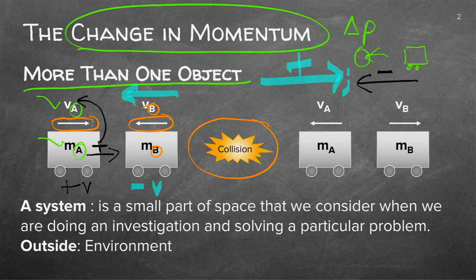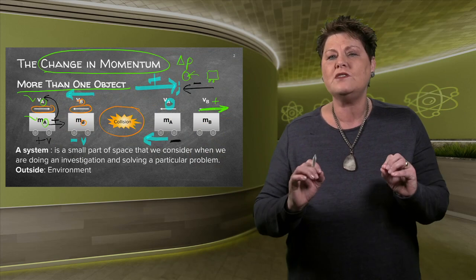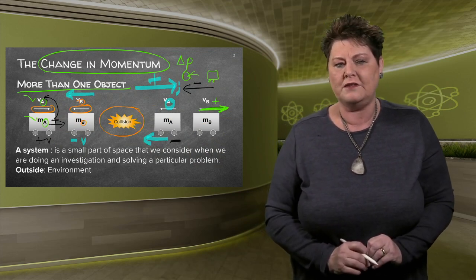So have a look. Car A now went backward. Remember what sign did we give that? We said the sign will be negative. And car A is now moving in this direction. Car B is moving in that direction. And we said that's the positive. That was just showing you the signs, which is very important when you do momentum.